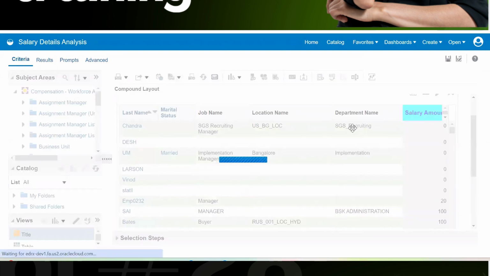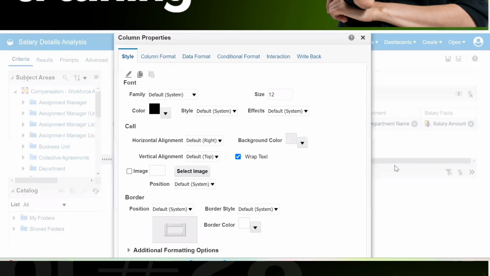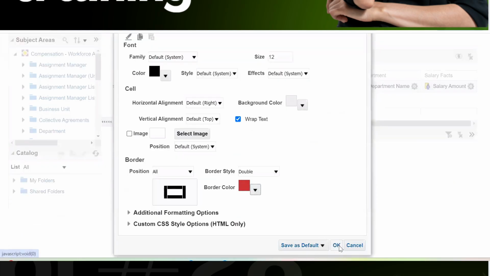Now let's understand some other properties. Okay, salaries are there. We know how to format the cells. We can format, we can add the border, everything we can do. If I add this border under the salary column, what has happened?